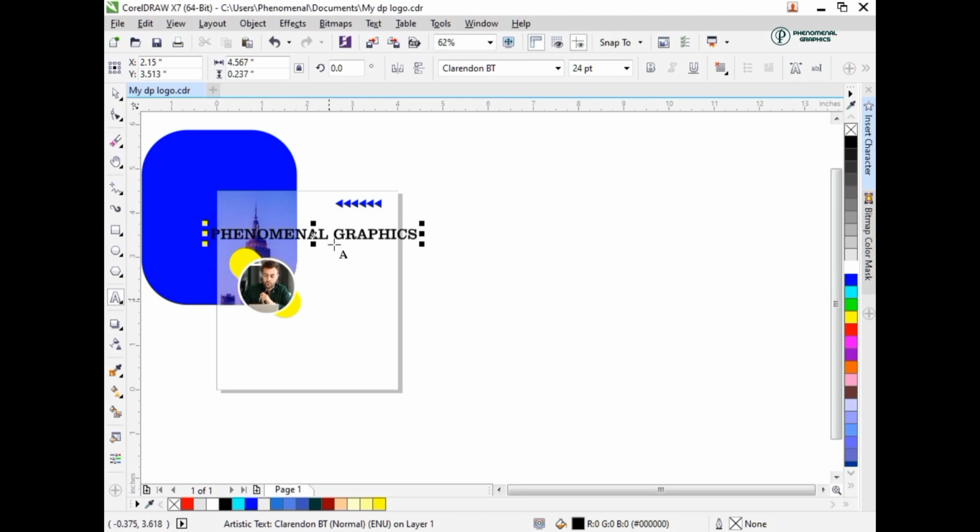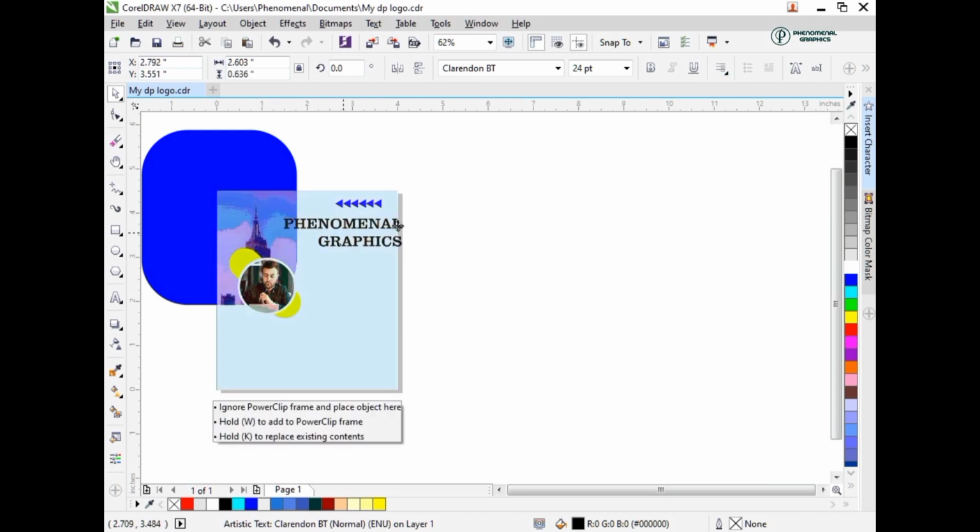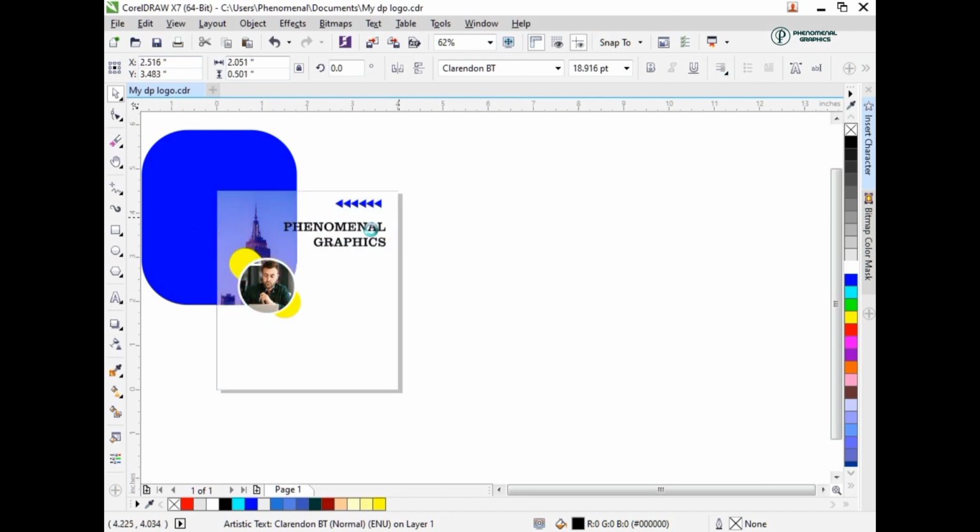Phenomenal Graphics. We can press Enter around here and then come to this, change this to right, bring this to the side this way and then resize it. That's okay, I believe. Now we can press F8 on my keyboard, highlight the text, then add in the color of blue. So come back to text again, type in my motto, which is this: